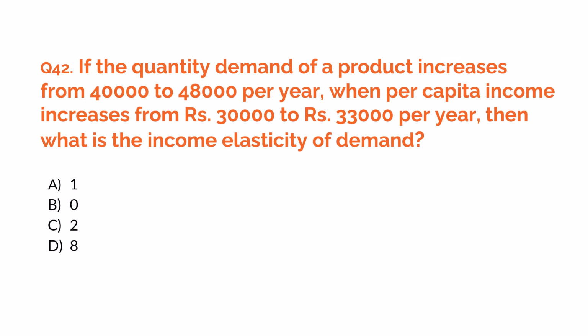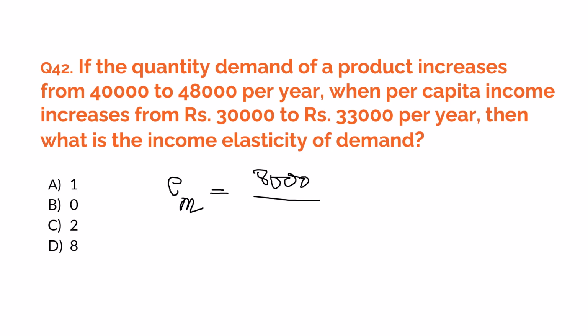42nd question. We are given that the quantity demanded of the product increases from 40,000 to 48,000 and per capita income increases from 30,000 to 33,000. We have to calculate the income elasticity. To calculate income elasticity, we first calculate the percentage change in quantity demanded upon the percentage change in income. So we have 8,000